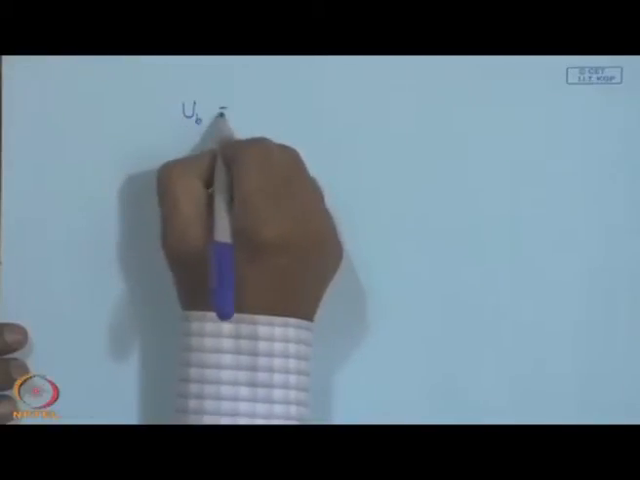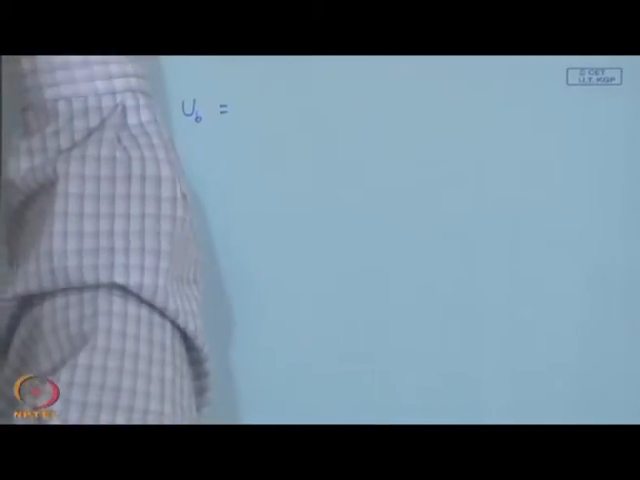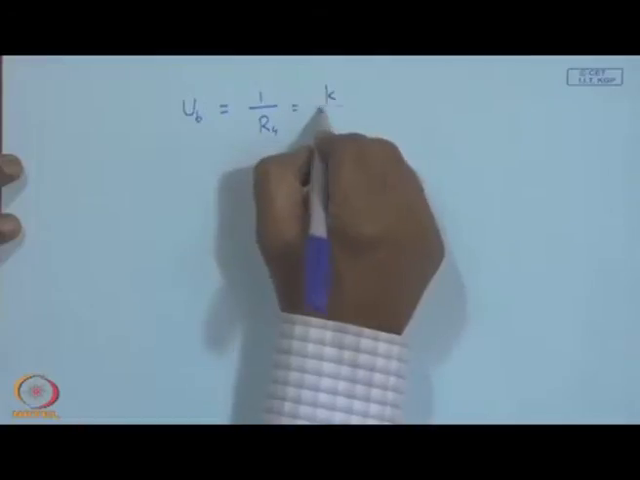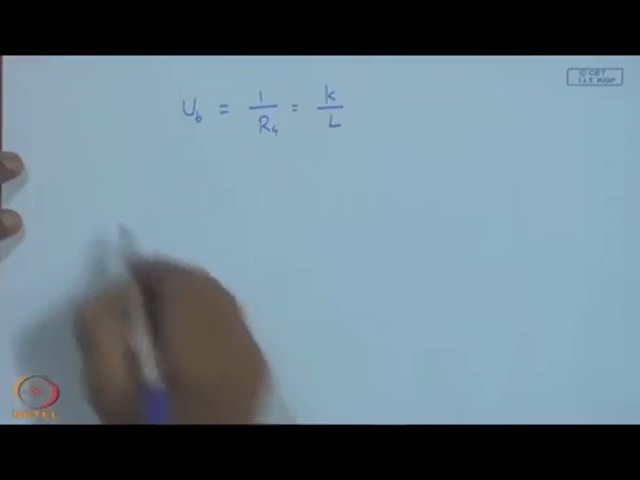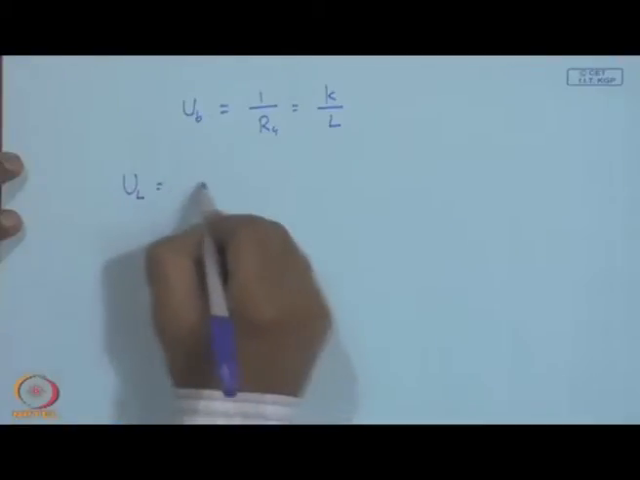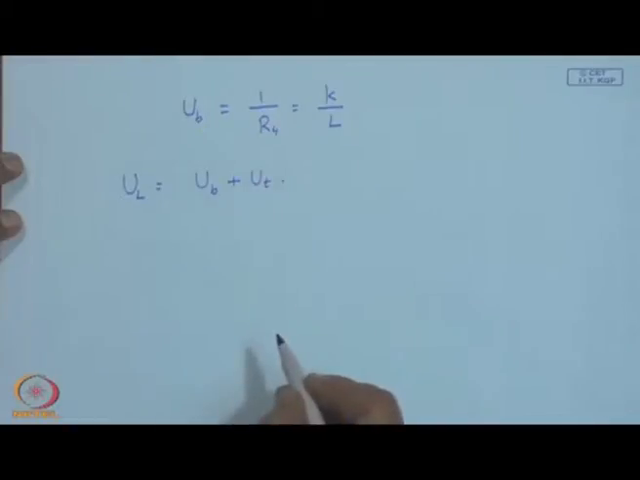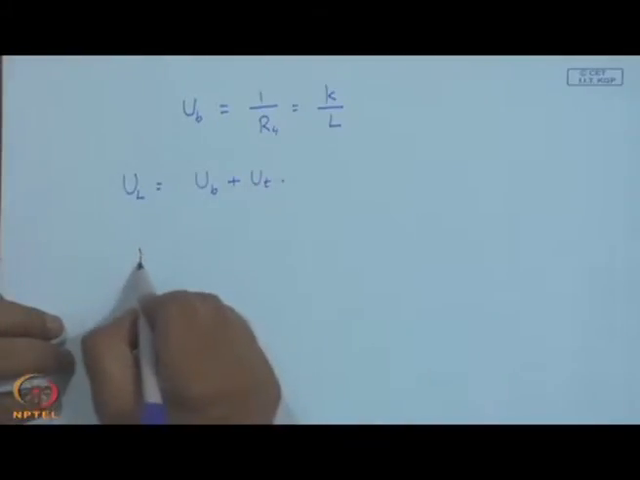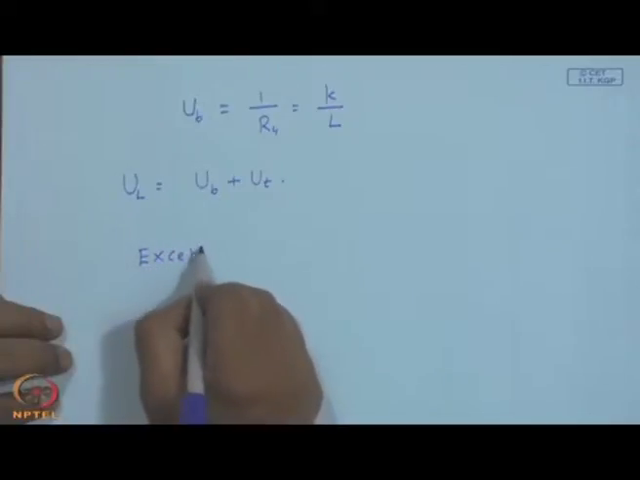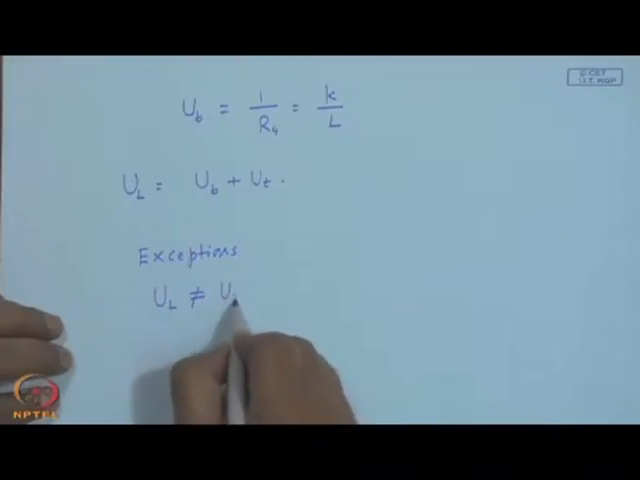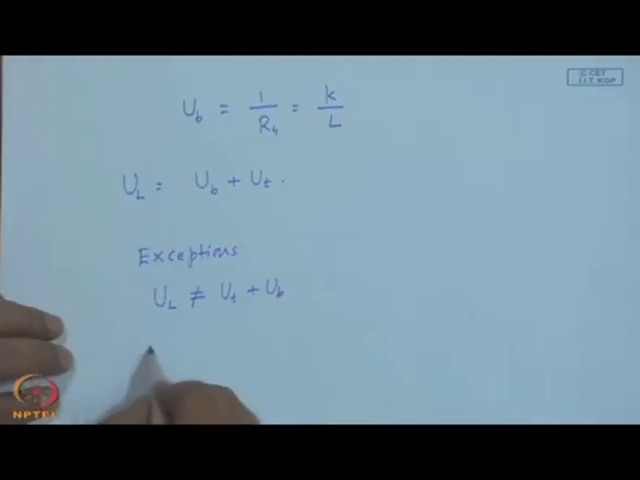So, back loss coefficient U B is simply given by 1 upon R 4 equal to K by L. Now, my overall loss coefficient U L equal to U B plus U T. Of course, there will be exceptions. U L will not be equal to U T plus U B if the working fluid